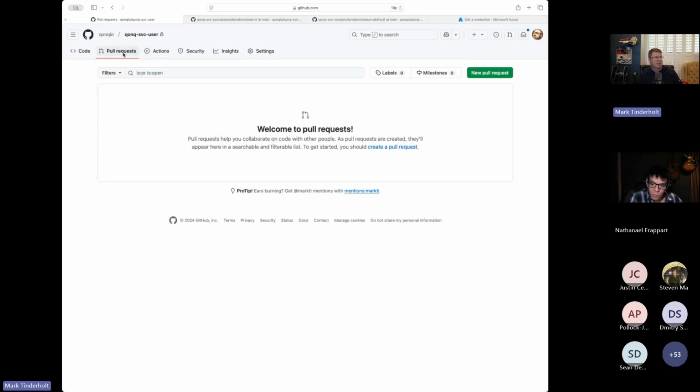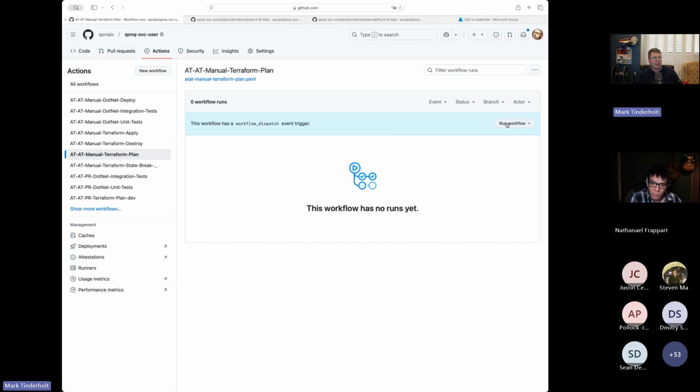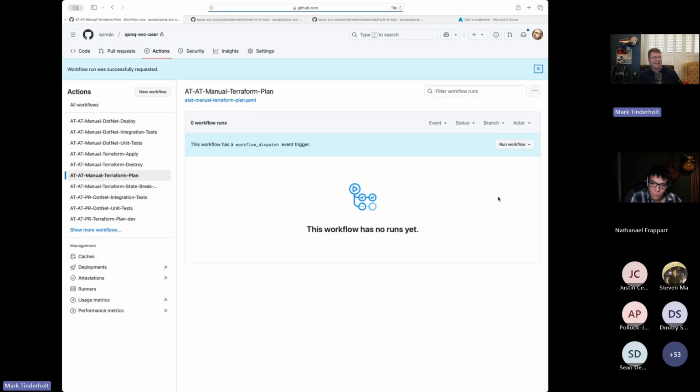So let the demo gods smile down upon me. Let me just try a Terraform plan. I'm not feeling so confident. Well, let's see if this plan goes well, and then I'll decide if I'm going to try the apply, or